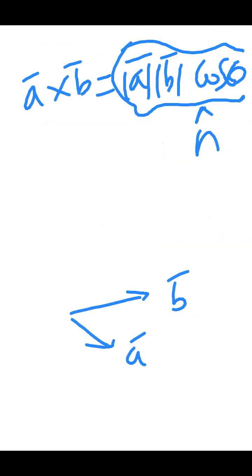N cap. Please note down. If you see in a standard textbook, they will mention n cap. Okay, you will get a vector. The n cap is a vector perpendicular to the surface formed by this vector. Please imagine yourself. There are two lines. Vector means a line. Generally, there are two lines.